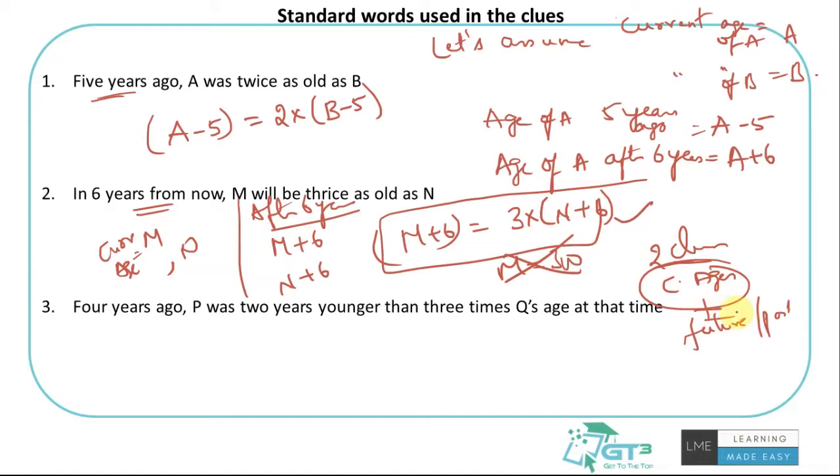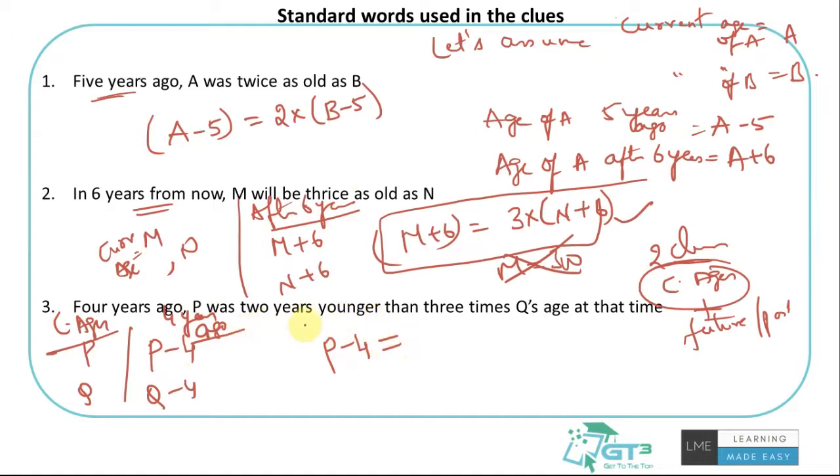and connect them. 4 years ago, P was 2 years younger than 3 times Q's age at that time. This is like clubbing two things. 4 years ago, what would be the ages of P and Q? P minus 4 and Q minus 4, if the current ages are P and Q. So 4 years ago, P was basically P minus 4. 2 years younger basically means less, right? Lesser than. So 2 years less than